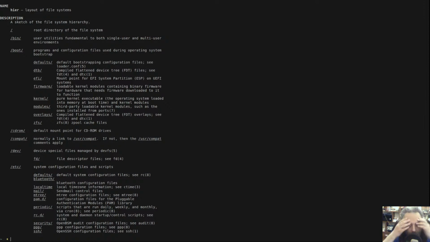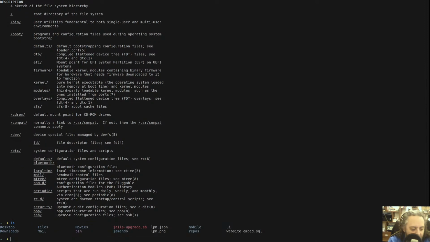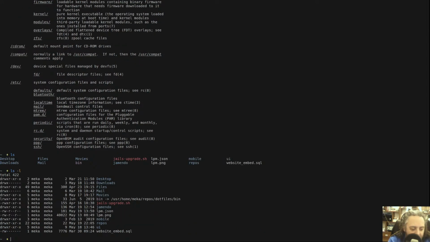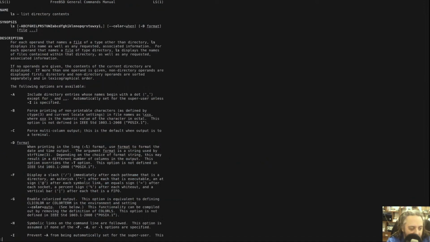Unix, so inherently, FreeBSD is, everything's a file, and there is a hierarchy of these directories. So to list them, you can type ls or list them as a list, and you get something like this. And you can say, okay, how about I learn more about ls? And there is quite a few options you can pass